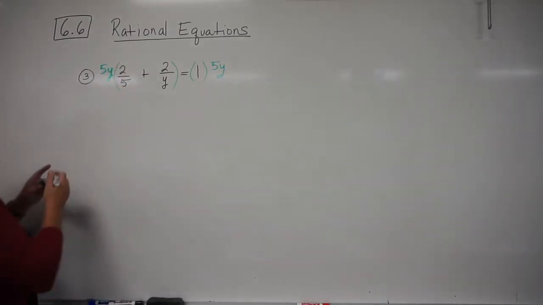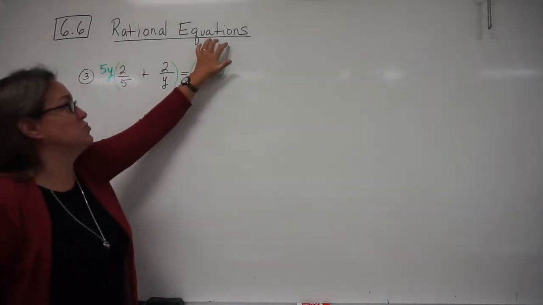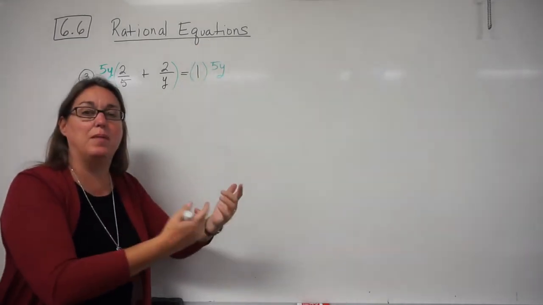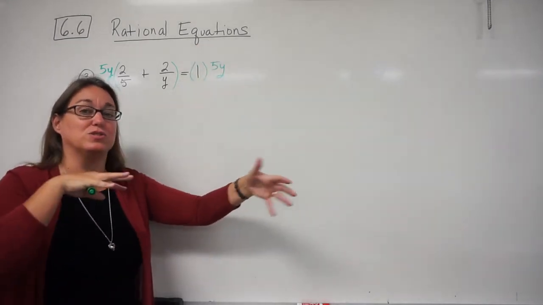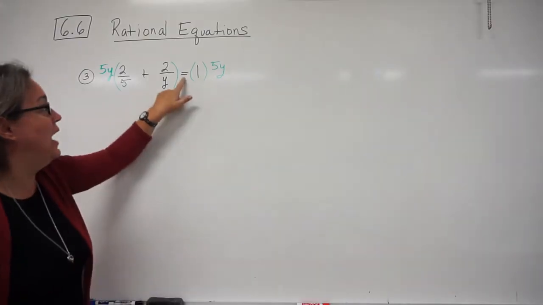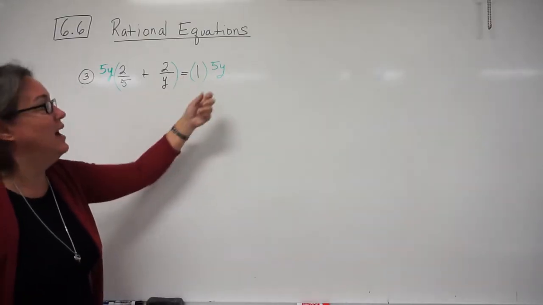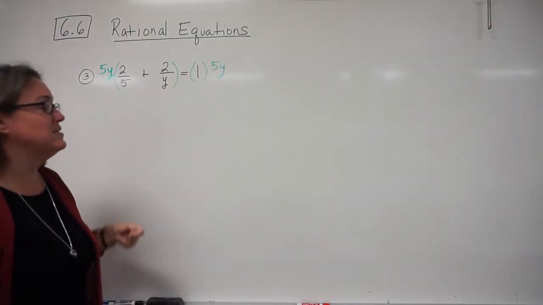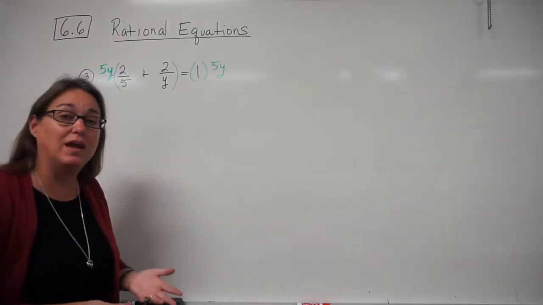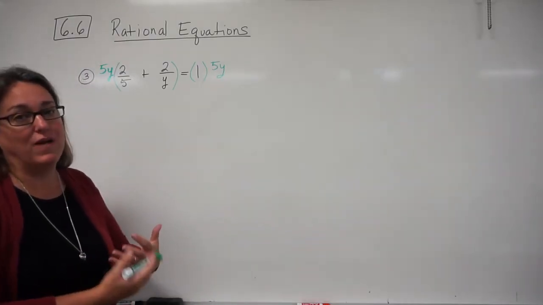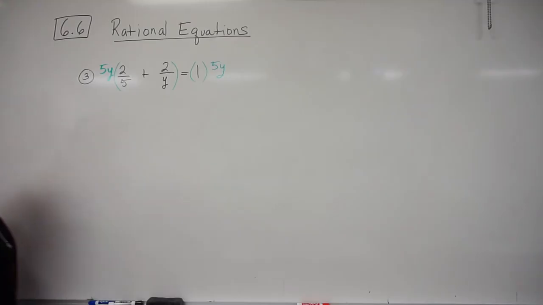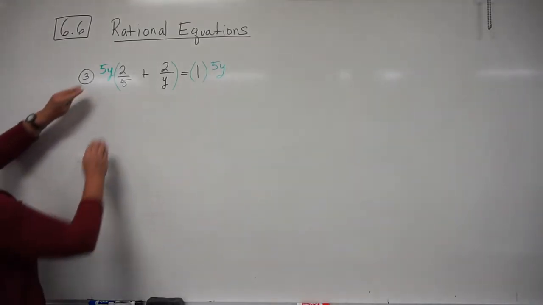Notice this is a different process than when we were working with expressions. I'm not getting common denominators and then adding up fractions or subtracting fractions. I've got an equal sign. I can multiply both sides of an equation by the same thing, and that will allow the fractions to go away. So when we multiply